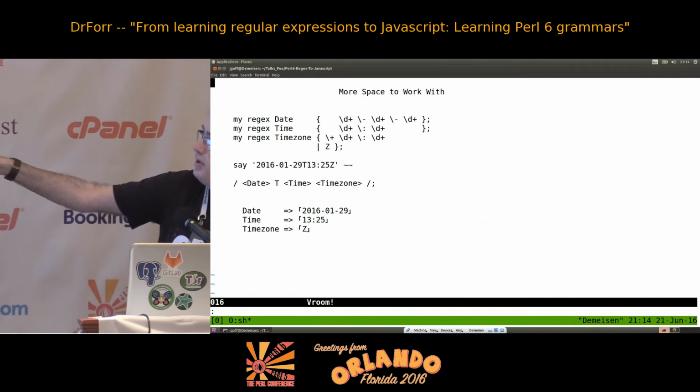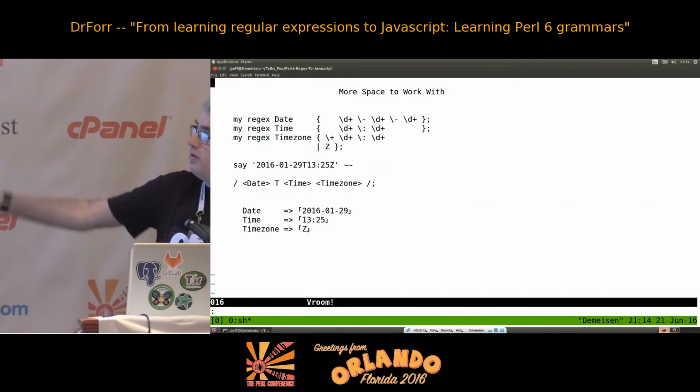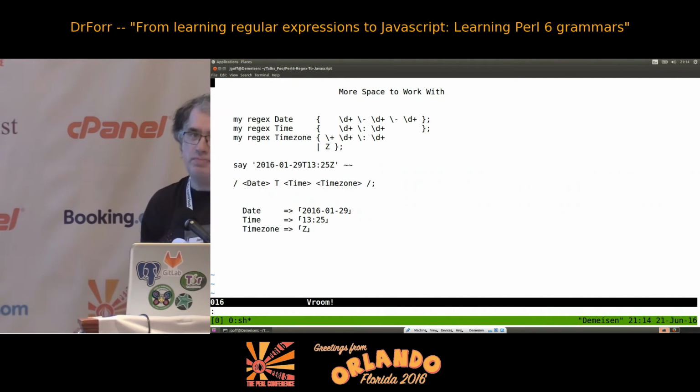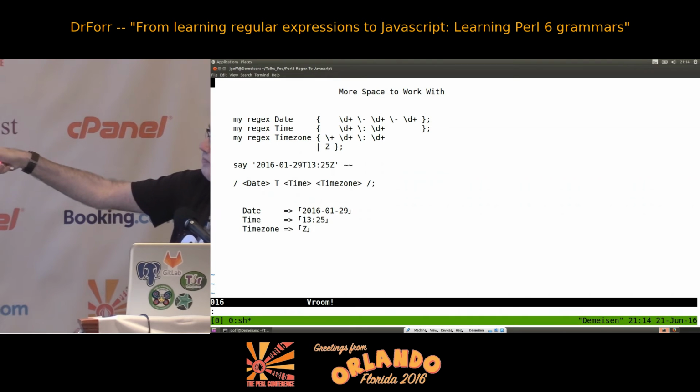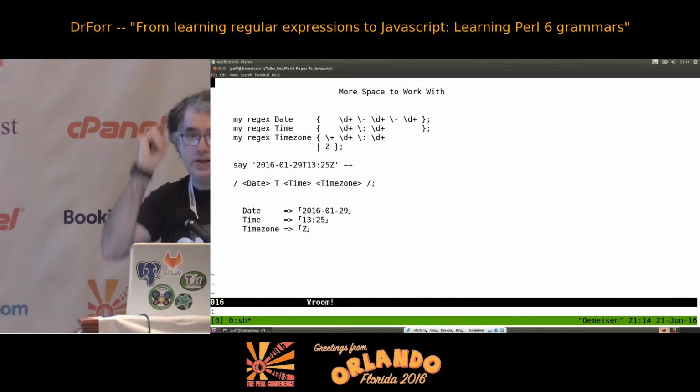So we have the plus time zone or Zulu. So now we can match either a plus offset or Zulu. You can imagine how you would match a negative offset up here. Say +\d+:\d+, or